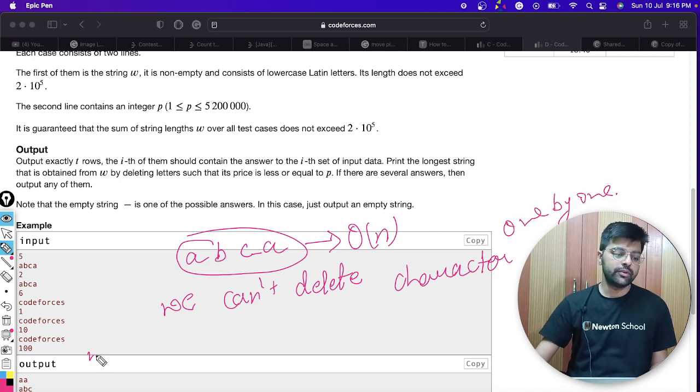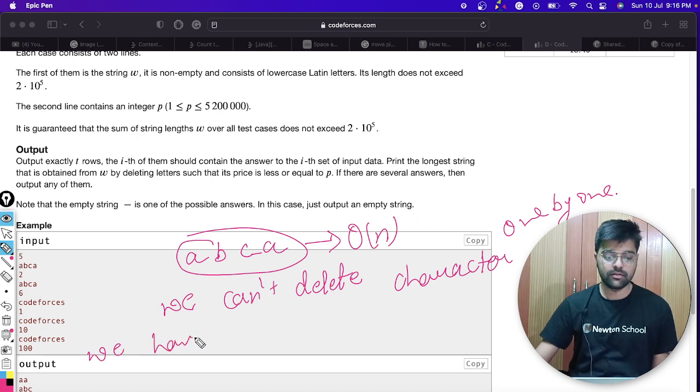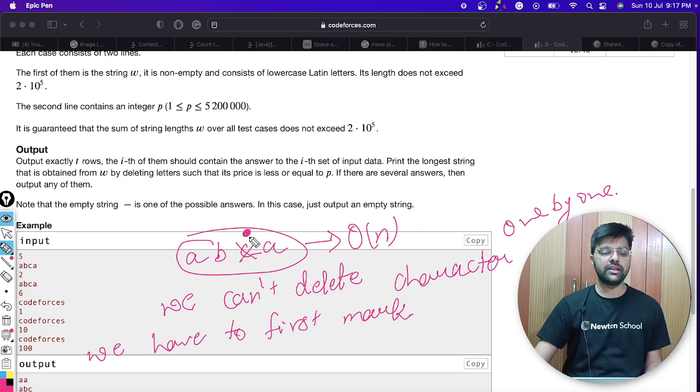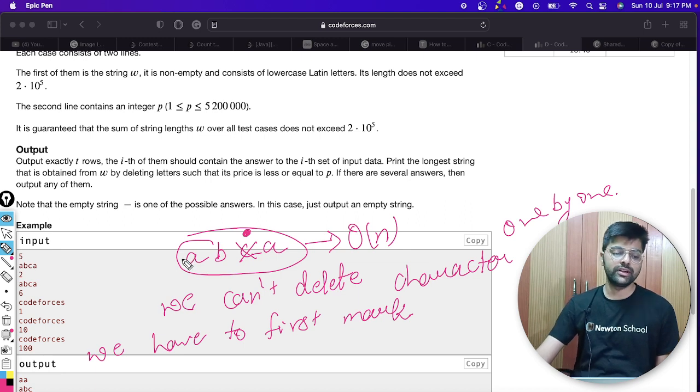This is the implementation part. We first mark the characters that we will remove. Let's say we have to remove C, then I will replace C with some character other than a lowercase Latin character.